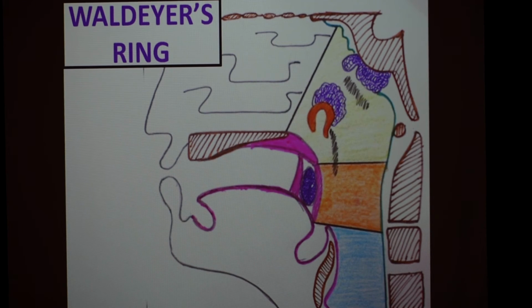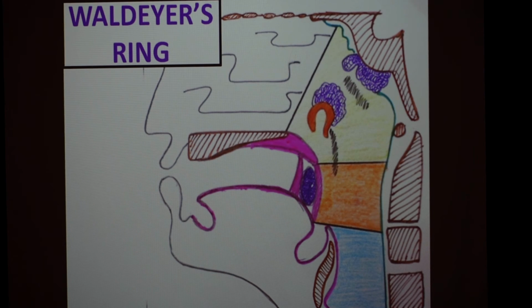Now we come to a very small topic, that is Waldeyer's ring. Now if you remember this previous diagram, we have come across various tonsils. This was the pharyngeal tonsil, this is in the posterior pharyngeal wall. On the lateral pharyngeal wall, in the nasopharynx, we have the tubal tonsils. In this oropharyngeal part, in the lateral wall, we have the palatine tonsil. I had mentioned that in the dorsum of the tongue, in the posterior one-third part or the posteriormost part of the tongue, we have the lingual tonsils.